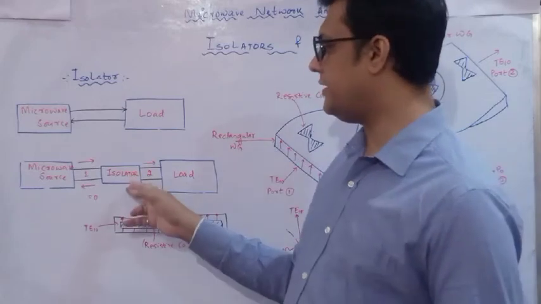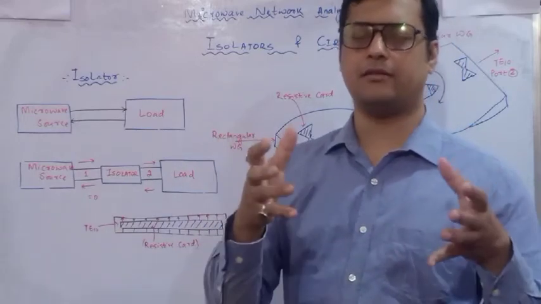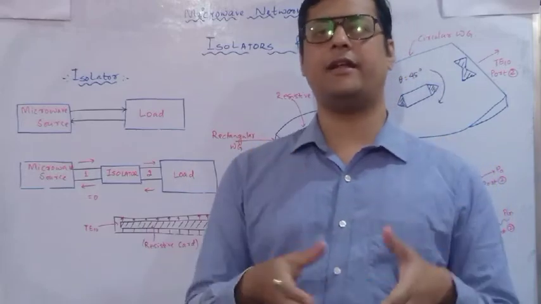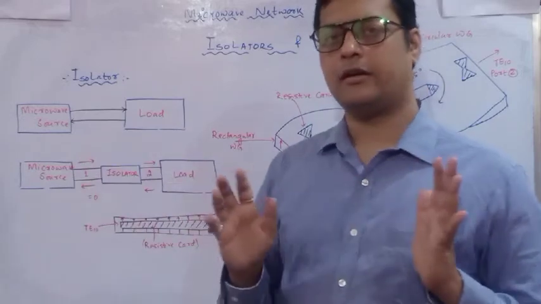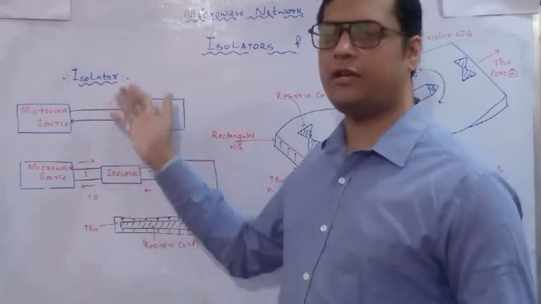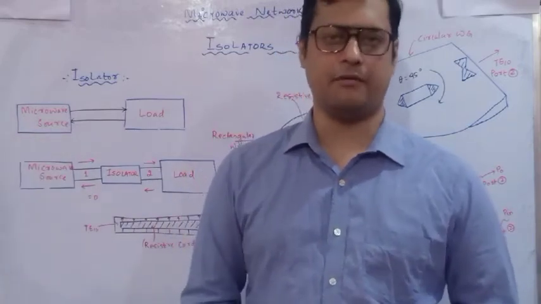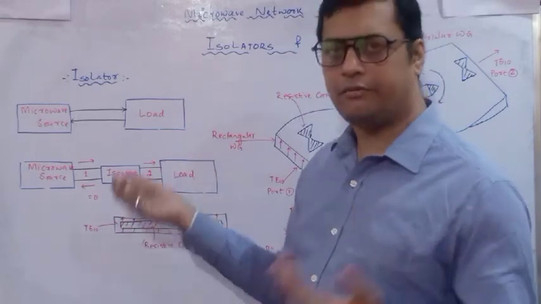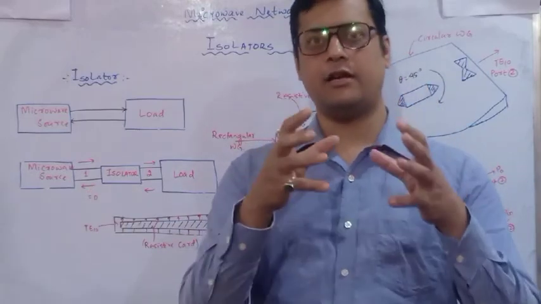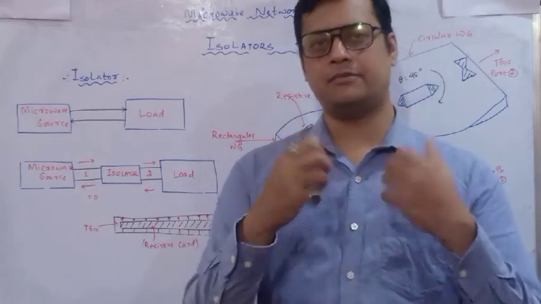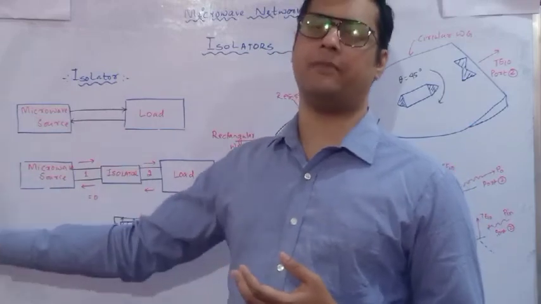Okay. So here you can see I have placed an isolator between the source and the load. Now if I am placing the isolator between source and load, that means I am providing the power in only one direction. In which direction? Towards the load. But if it is a mismatch condition, the reflected wave from the load reverts back to the source, and acts as an attenuation to the incident wave. But in this case, if any reflected wave is generated from the load, this isolator will absorb it. It will absorb the reflected power, and it will not allow the reflected wave to revert back to the microwave source.